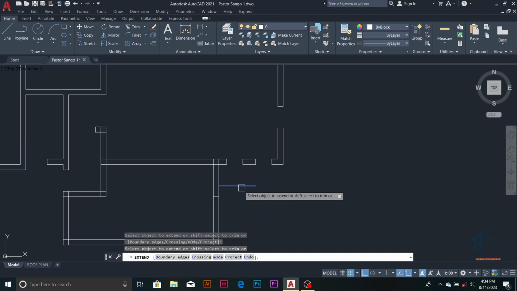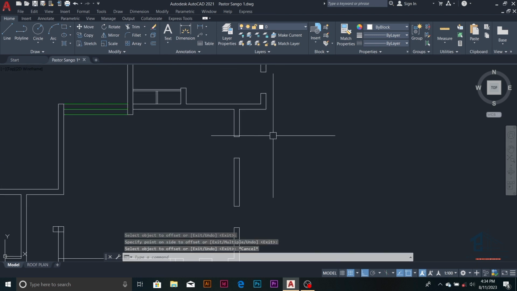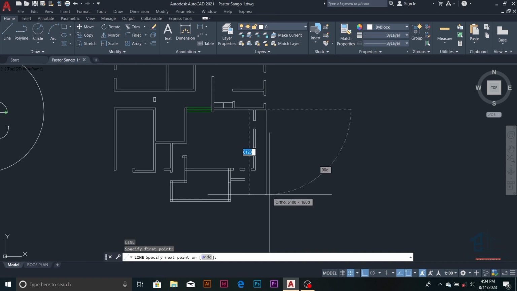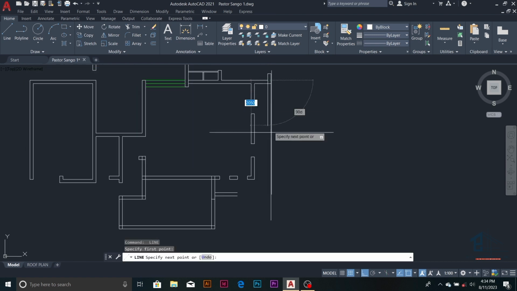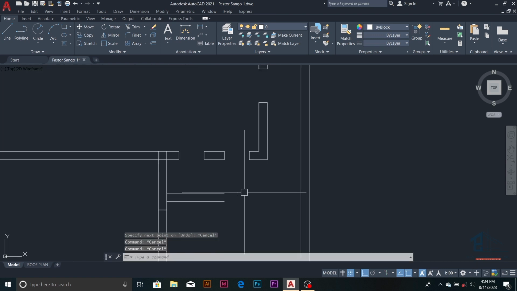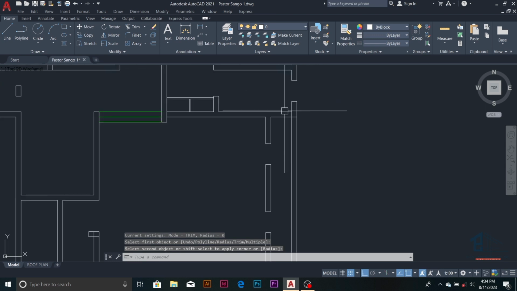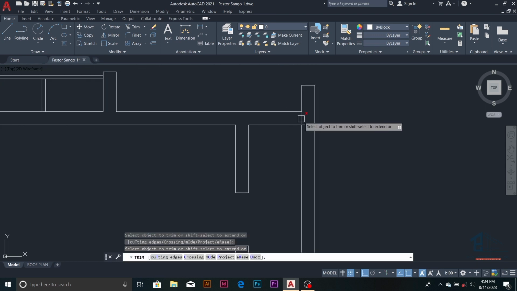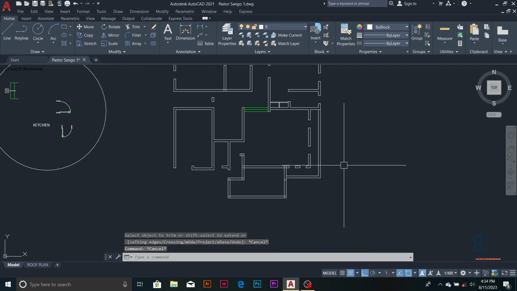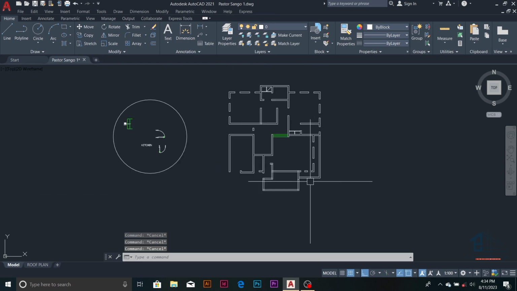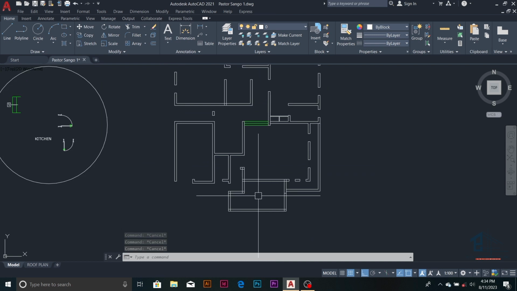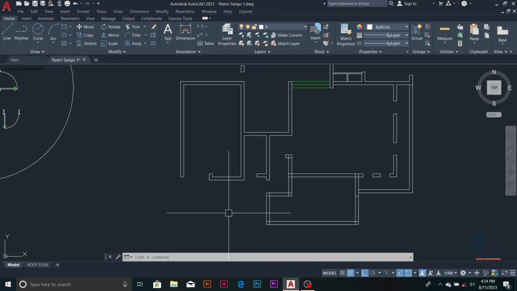Yes. Offset 150. No, flower bed will be on this side. So fillet it, F spacebar, fillet or chamfer, any one you like. So trim this one. So I've trimmed that one. So here will just be my flower bed. Here will be